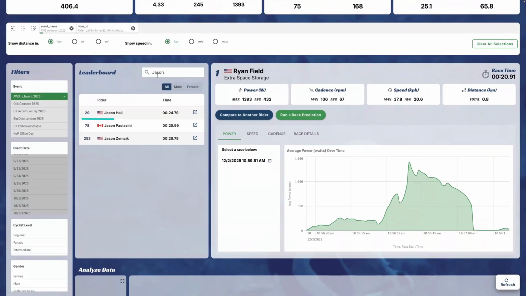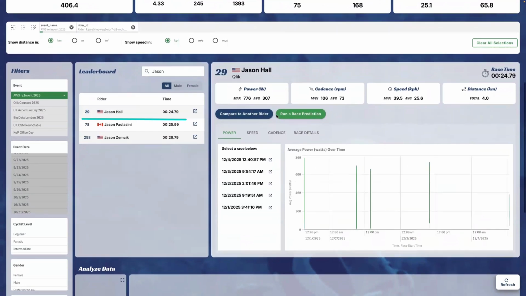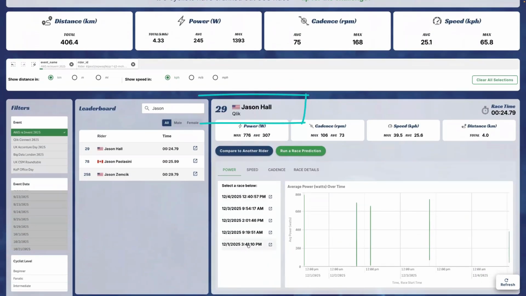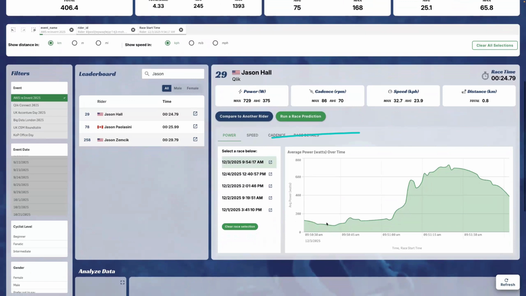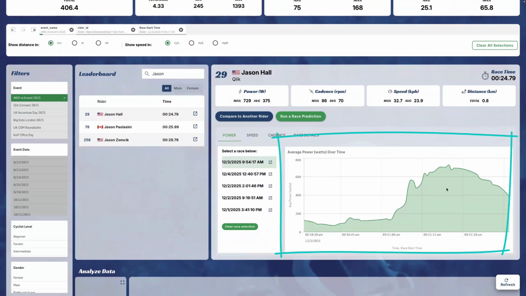If you drill into a rider, and let me just find myself here. So this was me. I finished in 29th place out of 470 riders, was pretty happy about that. Yeah, not bad. I think this ride on the third is when I did my best. And here you can see the sensor data that we're pulling out of those Iceberg tables, right?